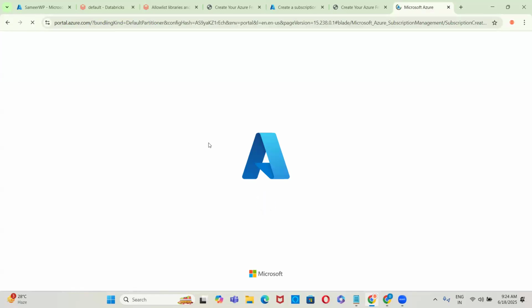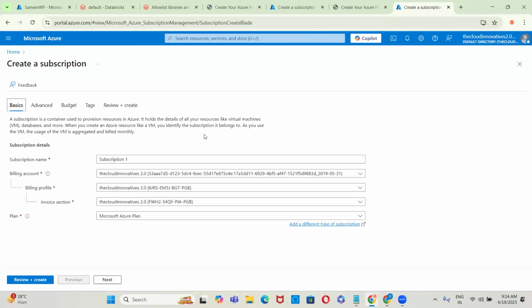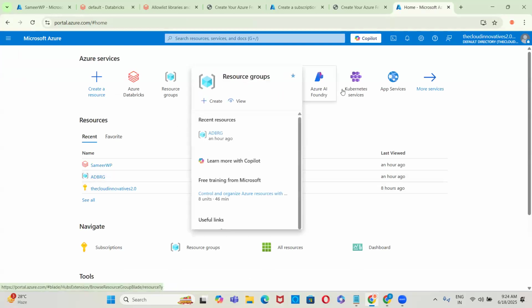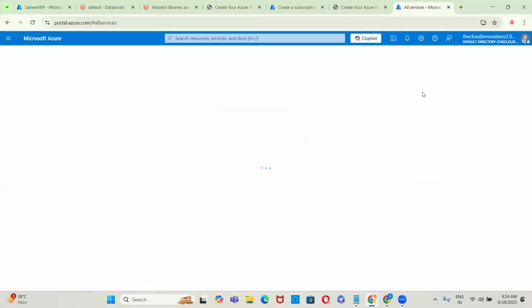Can you see here, guys? If not, you give your mail ID, details, etc. Finally, once the subscription is created, you will be rerouted back to this page. This is called portal.azure.com. Here you have all the services, under more services, guys.